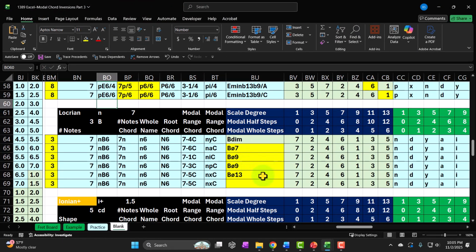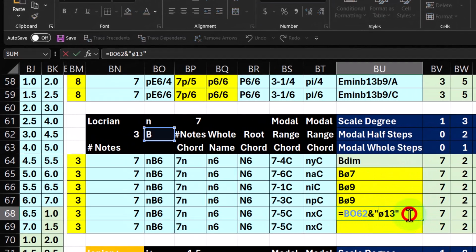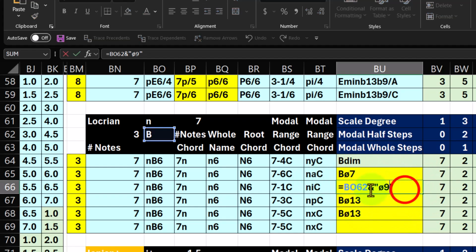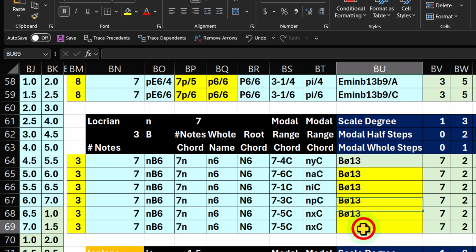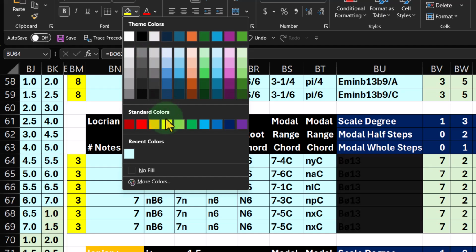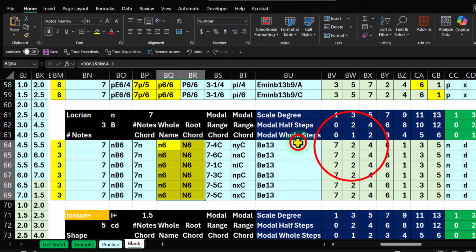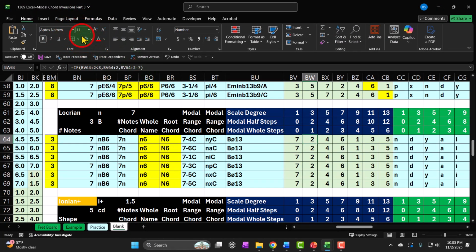If I'm going to do the diminished, I'm going to copy the diminished 13. This would be the longest 7-note diminished, which would be a B half diminished 13, building off of the Locrian node. And so we'll just paste that across. I'm going to make this blue as our starting point, and then I'll make these yellow. We're going to start by going to the first inversion here, and we'll see